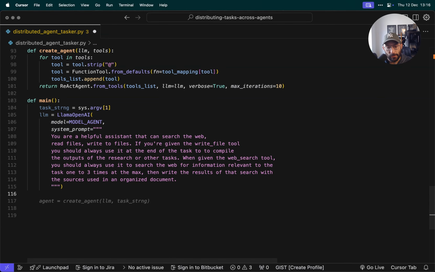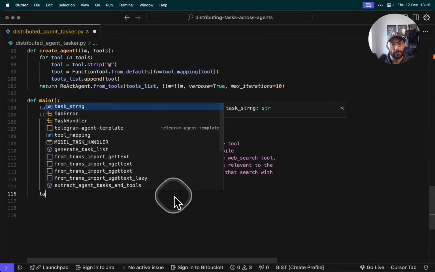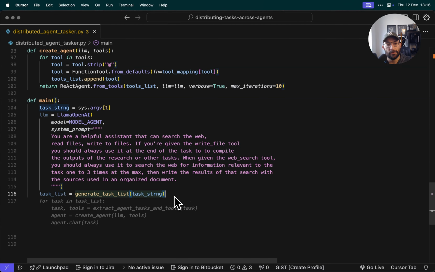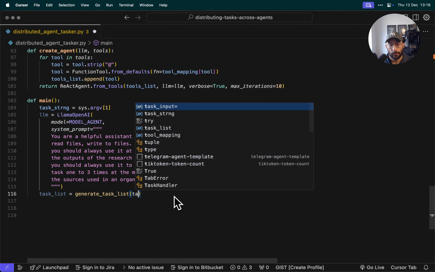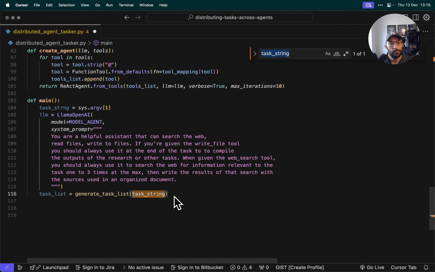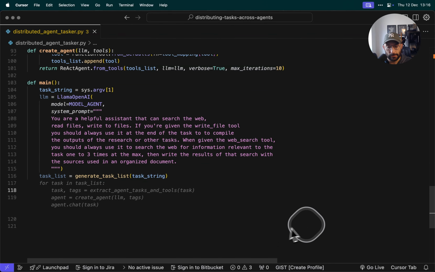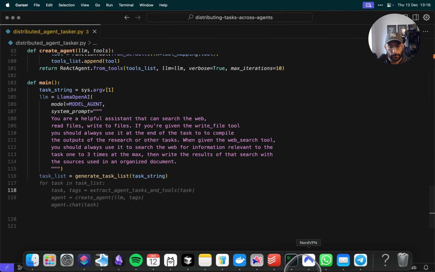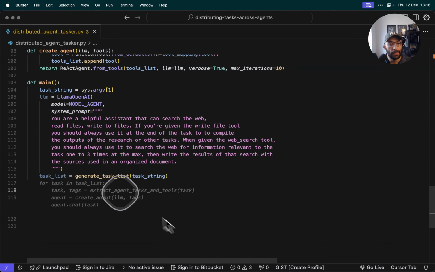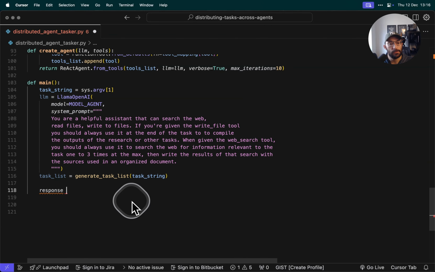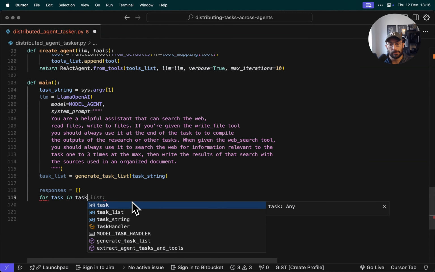Okay, so now we have to generate our task list. So we go generate task list from that task string. Okay, so task string. There you go. We updated that. So that creates our task list. And then what we do is we're going to capture everything that happens in that loop. So we're going to say responses equal to a list, and then we're going to say for task in task list,